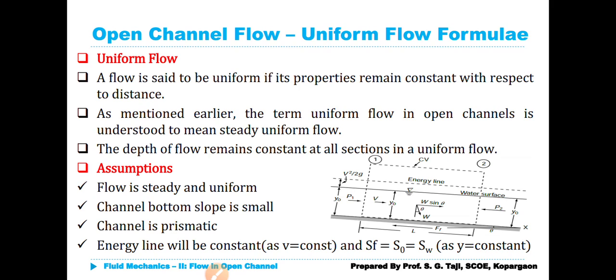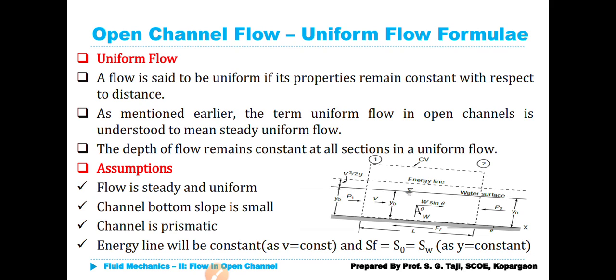In this class, we will see how the different formulae can be derived and used to find out the velocity in open channel flow, and then discharge you can calculate using the formula Q is equal to area of cross section of channel multiplied by velocity. There are different formulae developed by different engineers such as Chezy's formula, Manning's formula. Among these two, Manning's formula is more generally used, and it is an empirical formula developed by Manning,